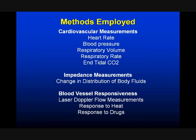where it measures degree of blood oxygenation. This is similar. There's a small laser that sits on the surface of the skin. It shines a laser light through the skin. The laser light bounces off of blood cells that are flowing by, and the reflected light is measured and gives us a good index of the amount of blood that's flowing in a small area